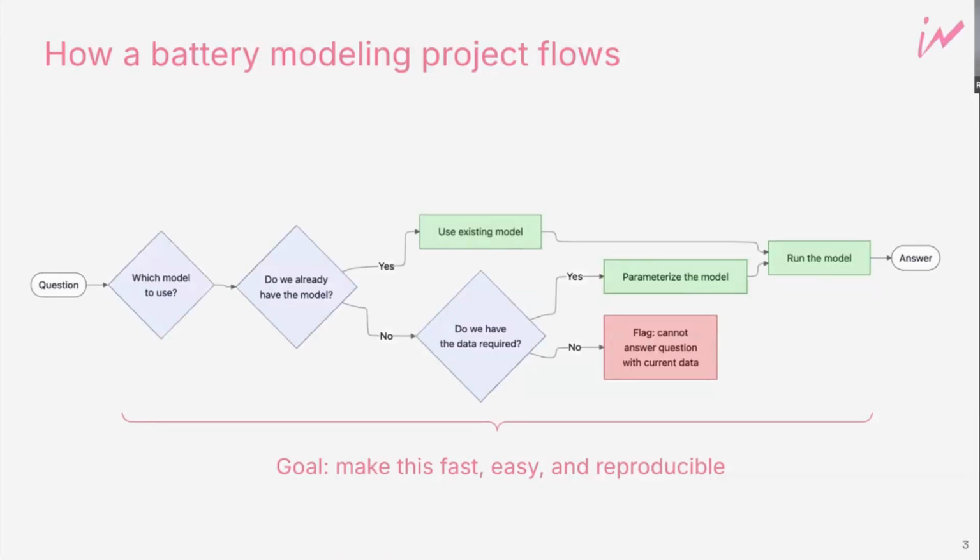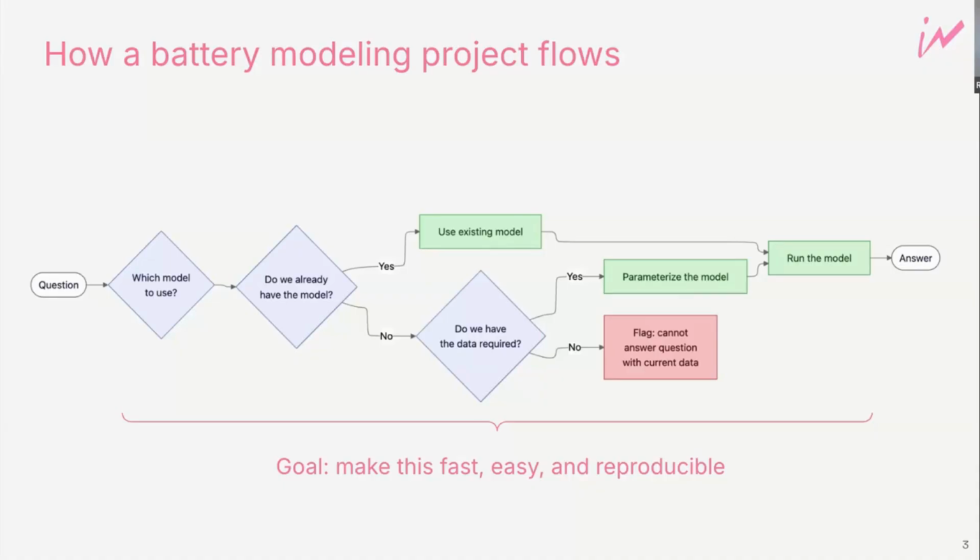So the workflow for this, if you're starting a battery modeling project, might look something like this. You come up with some question that you're trying to answer, and then you have to ask yourself, which model do I use? Once you've answered that question, you have to ask yourself, do we already have this model available to us within our organization? And if we do, that's great. We can go ahead and use that model, run some simulations to help us answer the question that I care